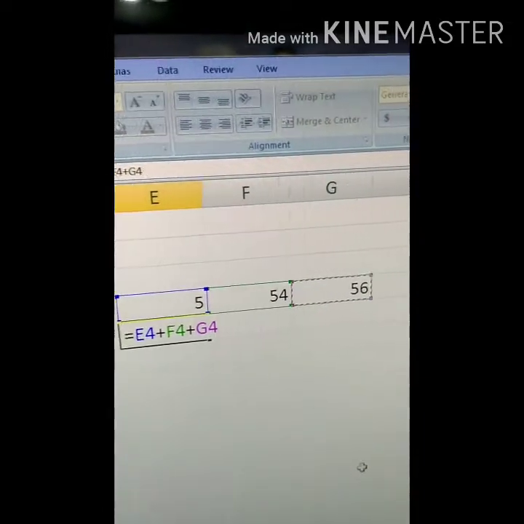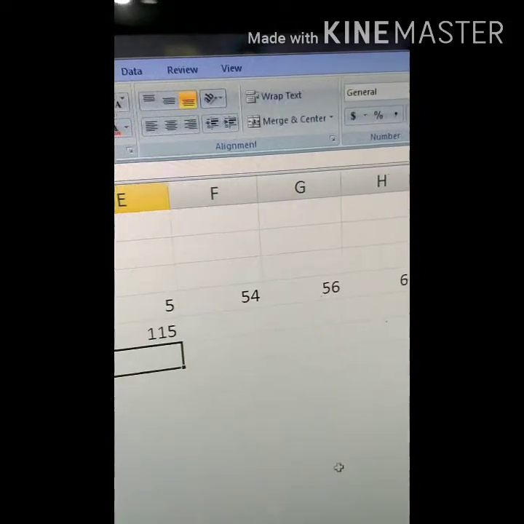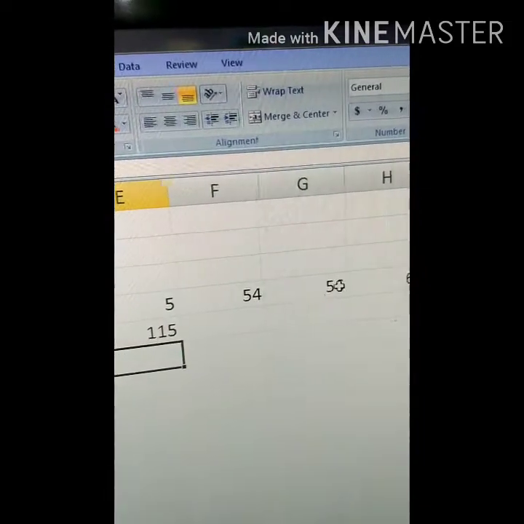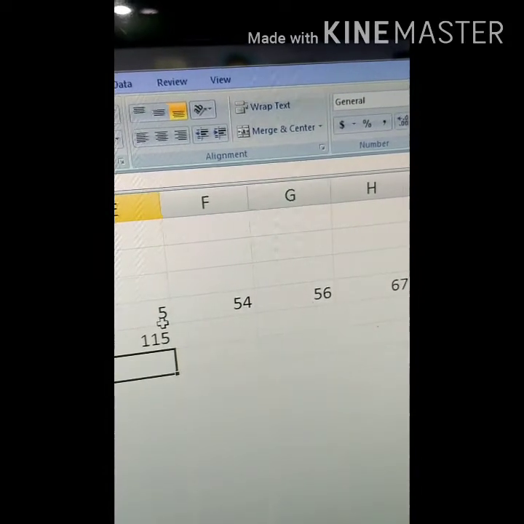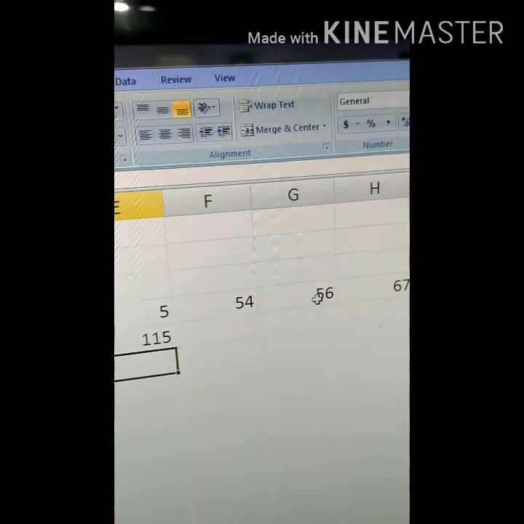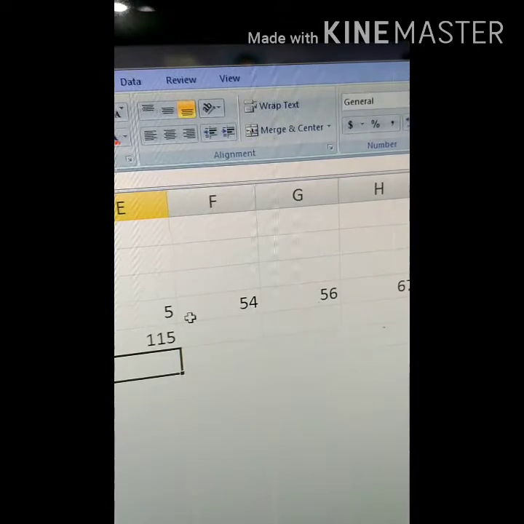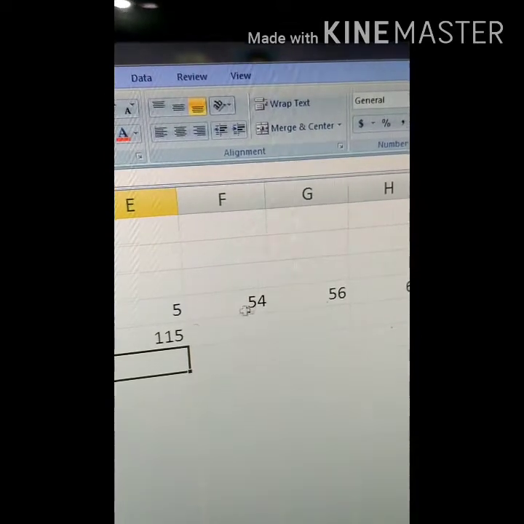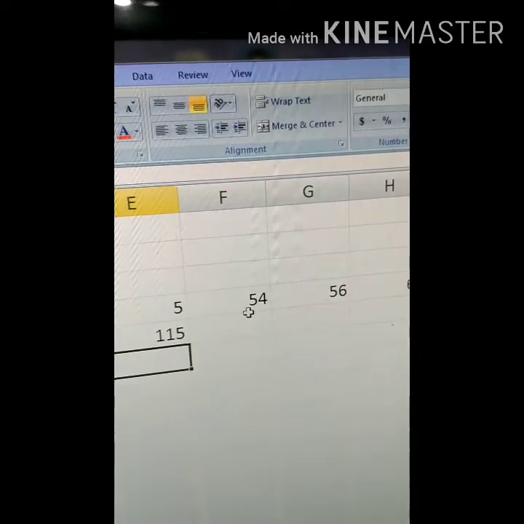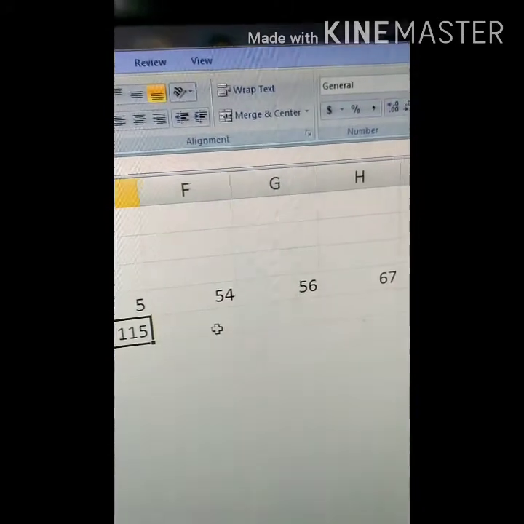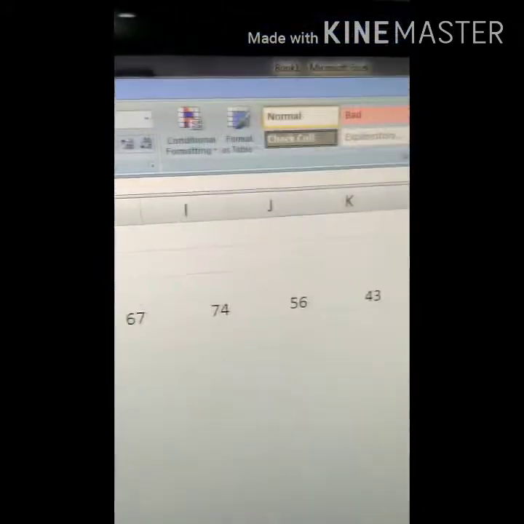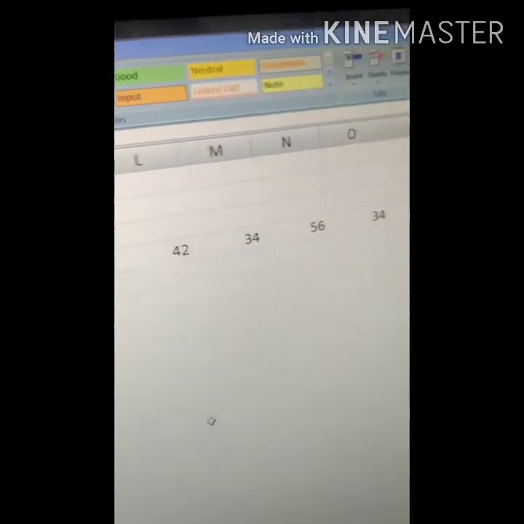Now see, 56, 54 plus 5, this is 115. This is correct.